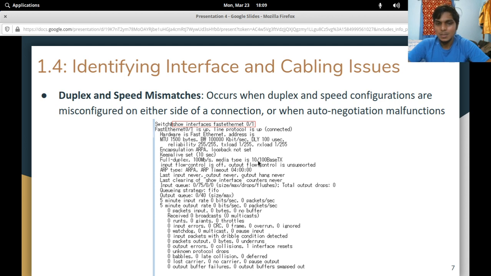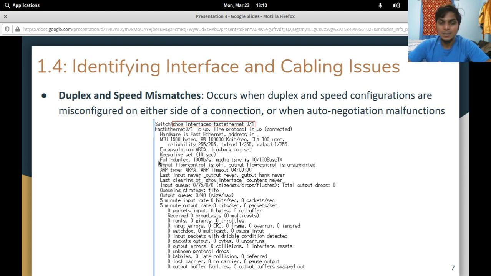If we saw that this was a 10/100/1000 link, and it was running at 100 megs, then we know something is wrong here. This link is not operating optimally because it could support 1000 megs and it only runs at 100 megs, for example. But right now it's 10/100 and it's running at 100 megs, so we're fine. Of course, we mainly want to look out for duplex and speed mismatches. If one side is saying half duplex and the other is saying full duplex, then clearly you have a problem across the link, because both sides need to be half duplex or both sides need to be full duplex.